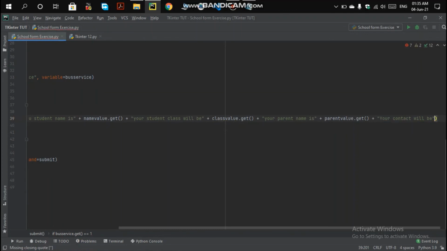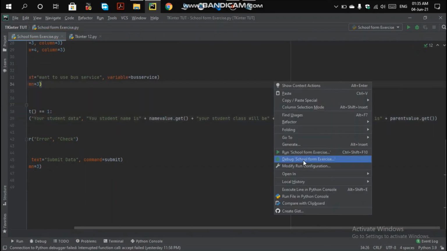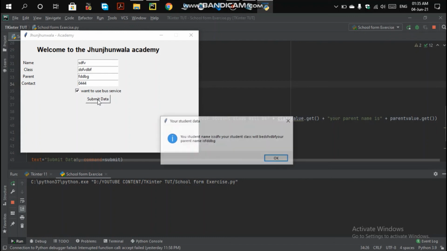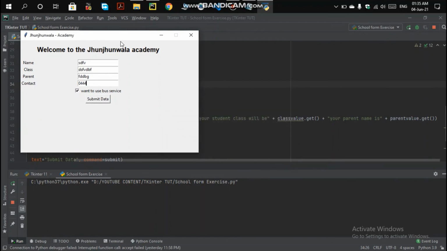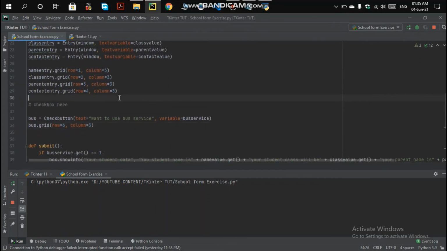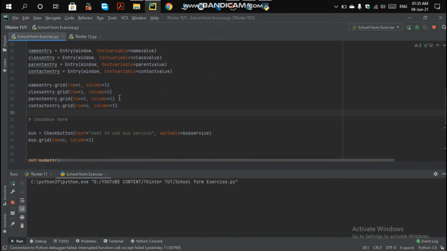I will be using it next. Okay, so when you run, you get the values like this, something, something, something, and 444. Yeah, check, the error came because the check button is not checked, so when you check it and submit your data, you get the values. Your student name is this, this, and this. You can make it with yourself. We are not getting the value from the int var. Let me check why we cannot get it.